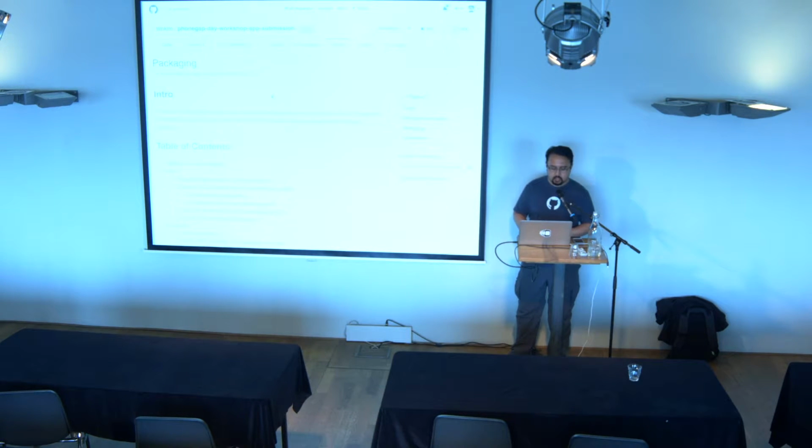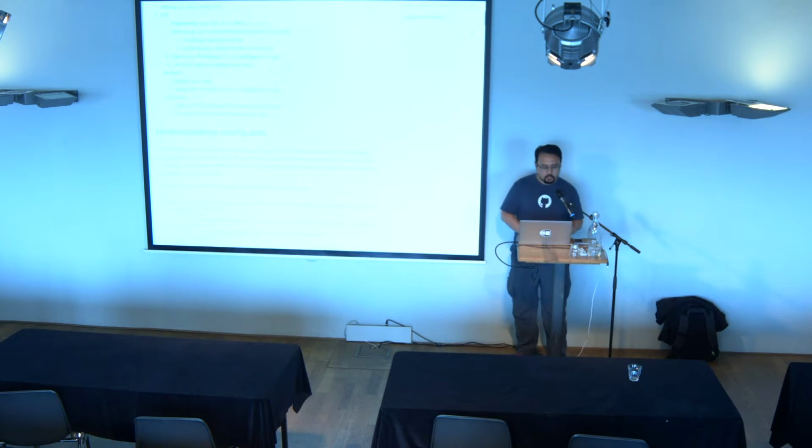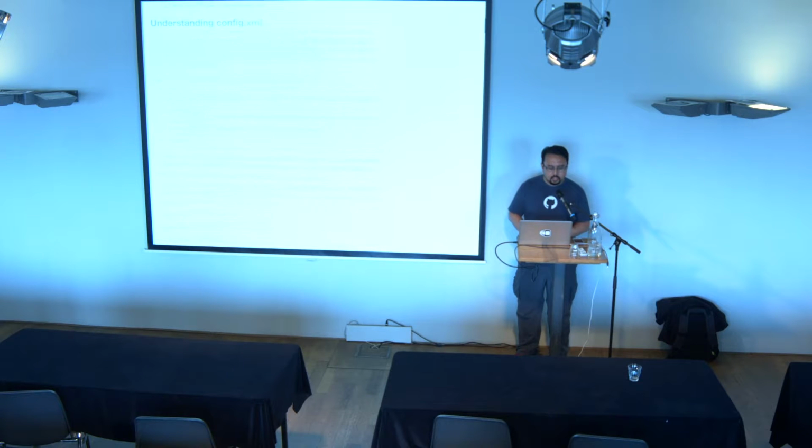Let's move on to the packaging, which is the most complex part of this whole process. Let's take a look at the config.xml, which is part of a Cordova app. So, for example, in the PhoneGap developer app, you'll see the config.xml. You can see that? Yeah. So the widget ID attribute, the attribute right there,